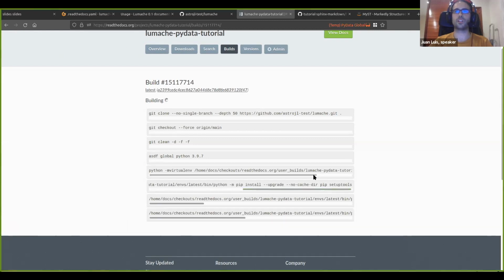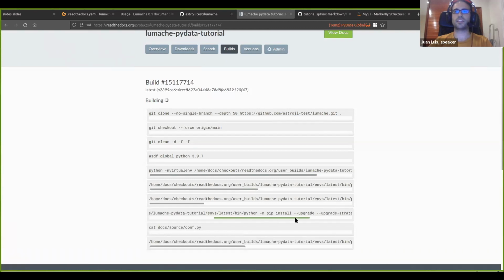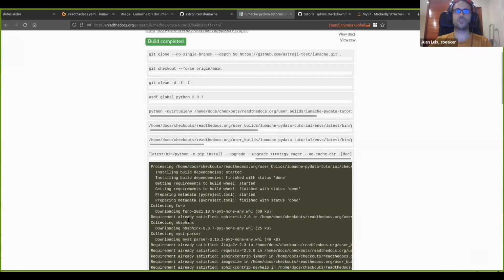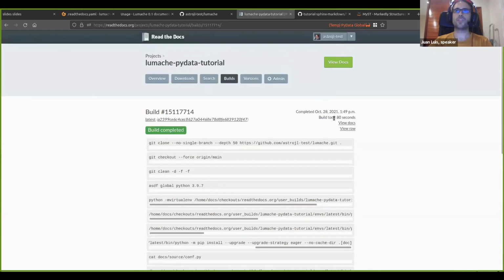Let's see the final result. So it's installing some baseline dependencies. And now you see it's doing the pip install .[doc]. So this installs Lumache, but also Furo, MyST-Parser, and all of that. And it's already finished. So if I now go to view docs,